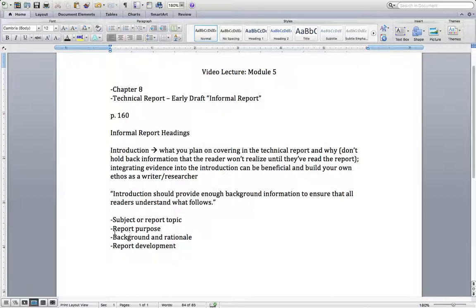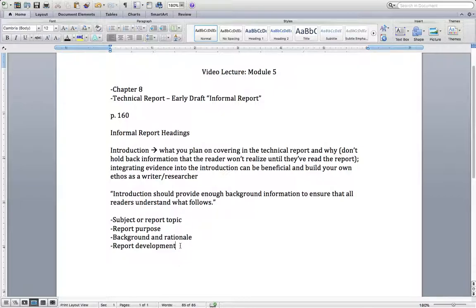You provide background or context and rationale. So this is why this is important, like it serves some purpose other than the purpose of writing a tech report. And then here's how you, the reader, can anticipate this tech report to be developed. And our textbook says this, and it's important,